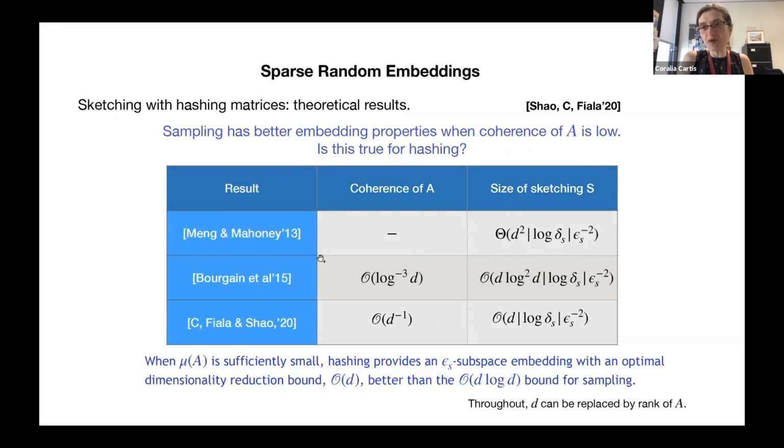However, there is here as well a connection to the coherence of A, and Bourgain and others showed that if the coherence is less than 1 over log to power 3 of D, then again, hashing provides a subspace embedding when the size of S is proportional to D log squared D. And what we were able to do is to reduce that size of S to D, to the optimal value D, but we had to tighten a little bit the condition on the coherence of A. So the coherence is now less than 1 over D, but then we can gain some in the size of